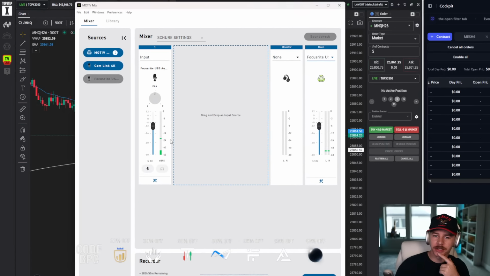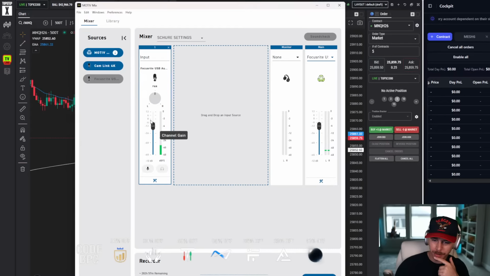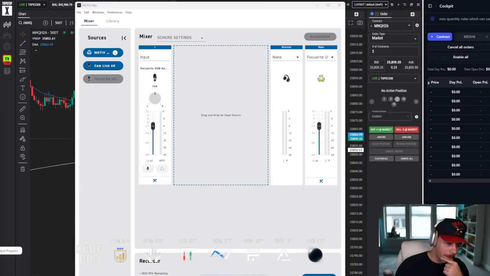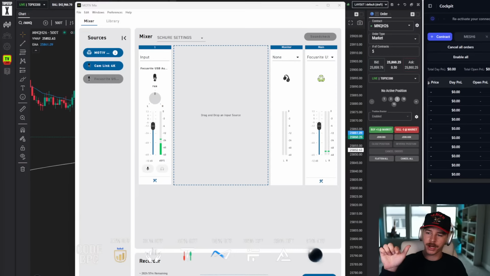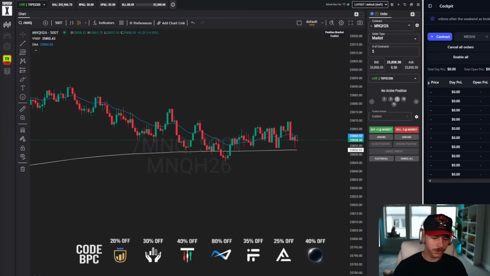Chat, does this look like I can turn the volume up from this panel? I don't actually see an option to turn the volume up. I know this is gain. This is the input meter. There's not a volume button. I can turn it up on Streamlabs, I guess. Or do I need to turn a dial on my actual audio interface? Do I need to turn the output dial up? Let me know. We'll get it fixed. Trust, y'all.